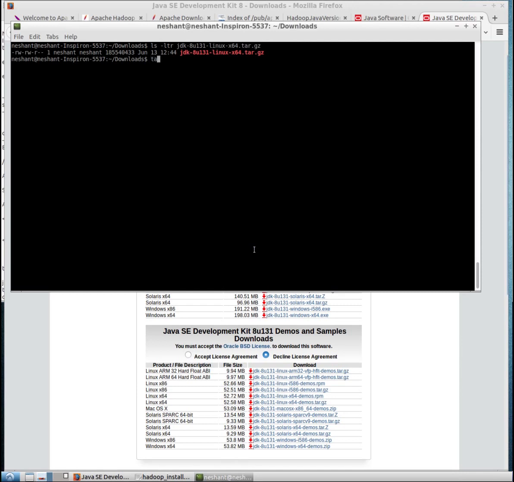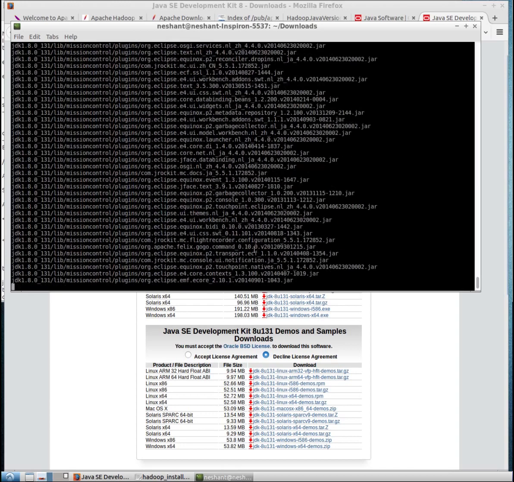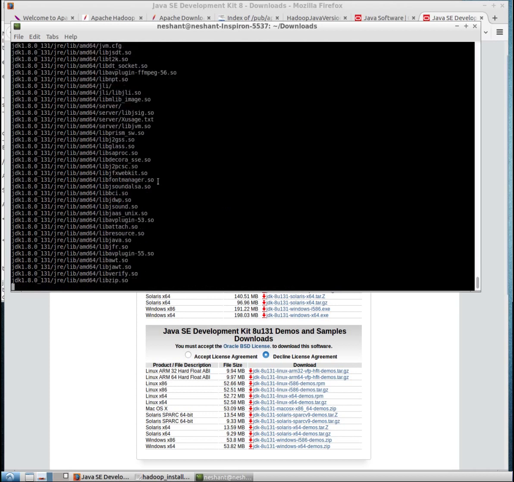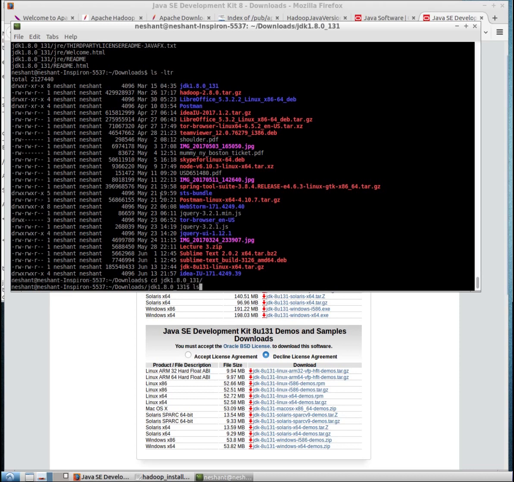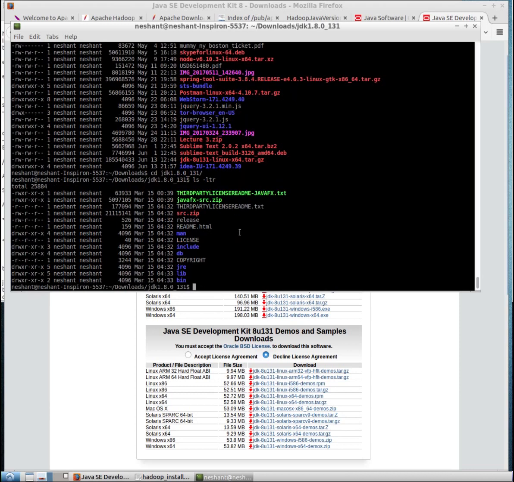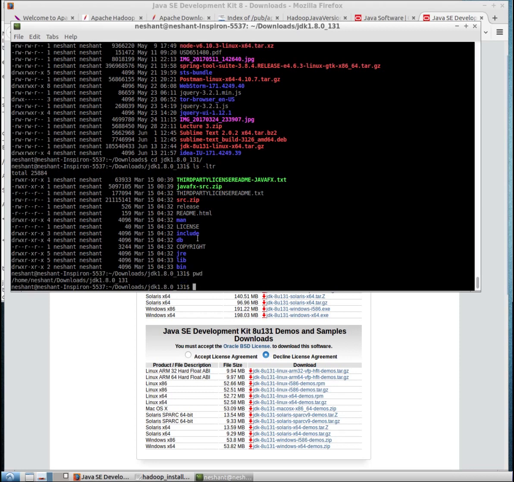Yeah, I have it. So what I'll do is I'll unzip this file using the tar command. I'll give it options: extract, verbose, zip file, and the following file, JDK. So I'll unzip this in my current directory, which is Downloads. Yes, so it looks like it has already been extracted. I'll go to this folder where it has been extracted. So it's already there. I'll copy this path, and I need to set up this path in my bashrc file so that I can use the binaries directly, and I'll set this path in my path location.